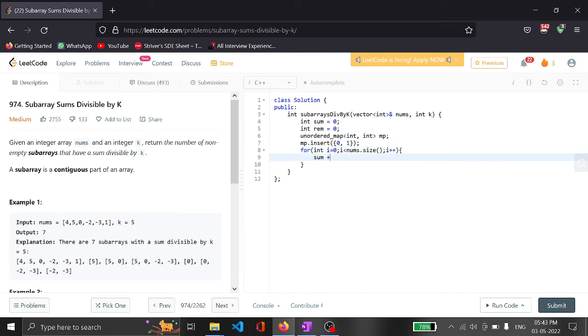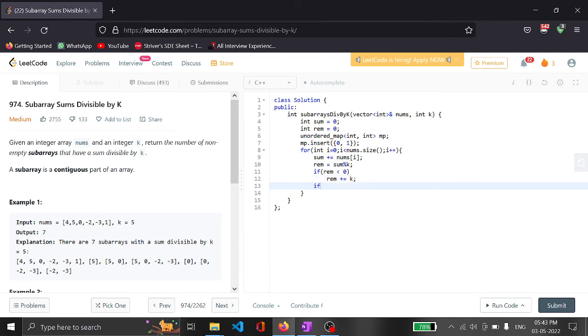And we will calculate sum plus equal to nums of i, and remainder will be sum mod k. And I have told you that if the remainder appears to be negative, then we will increment the remainder by k.